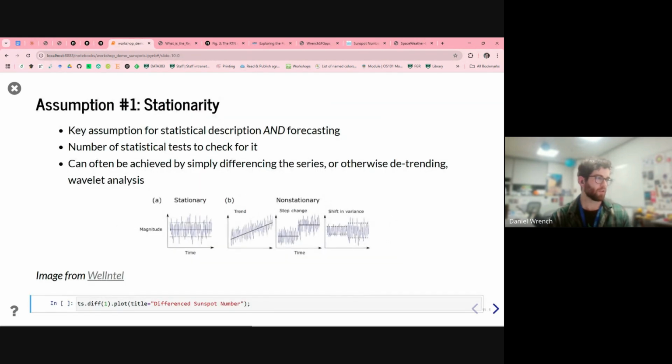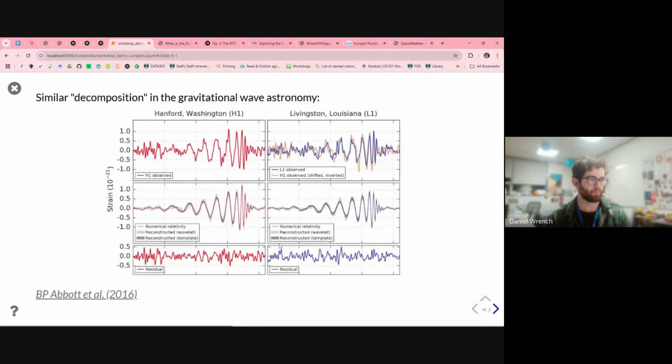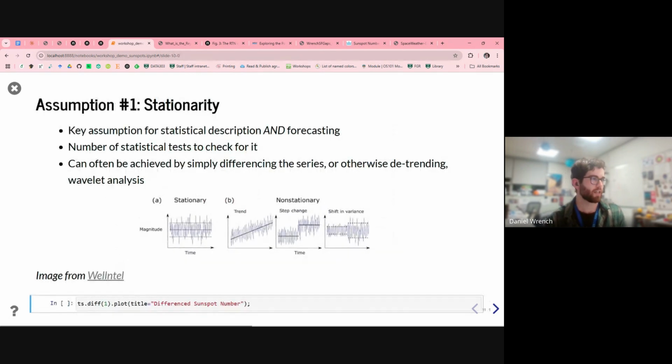Okay, so as I mentioned, to me, this residual noise looks fairly flat, and that is often what we'll want when we're modeling or forecasting: to have a time series that we can work with, which is unchanging in its statistical properties, and that relates to this idea of stationarity.